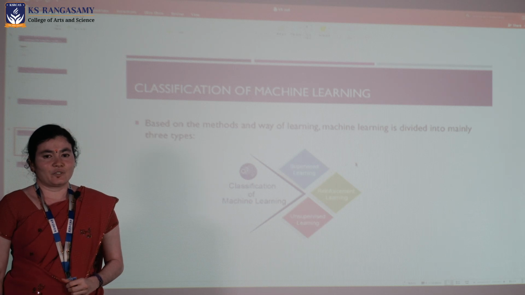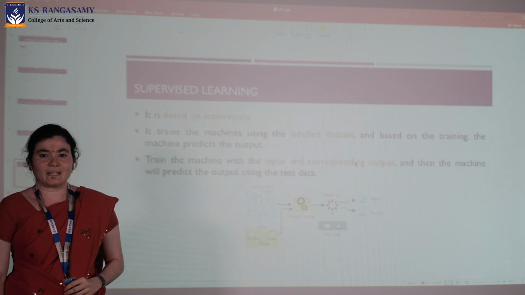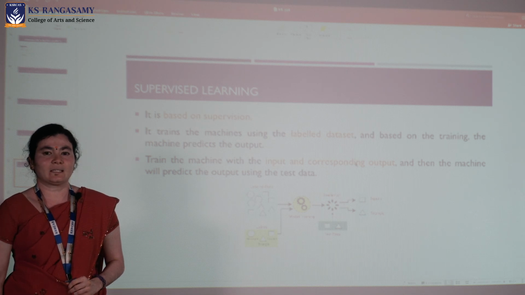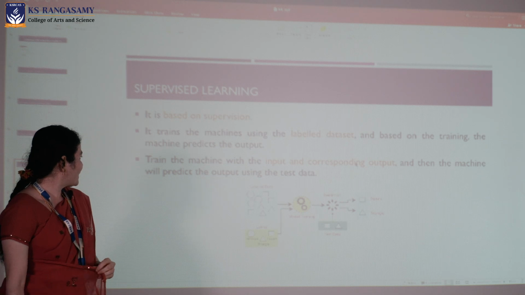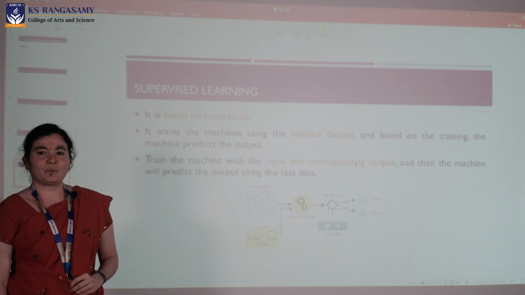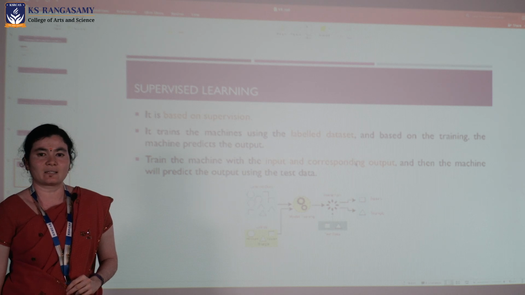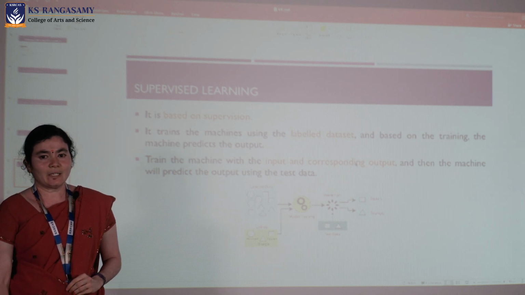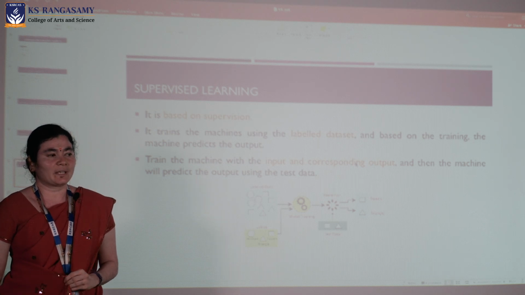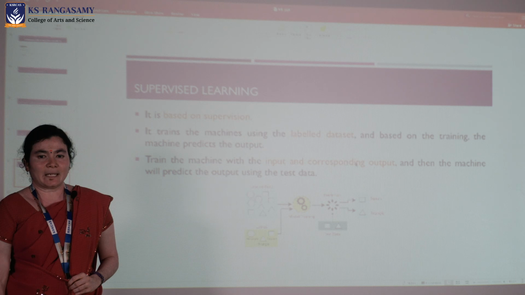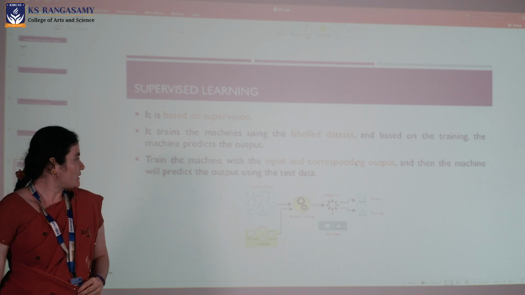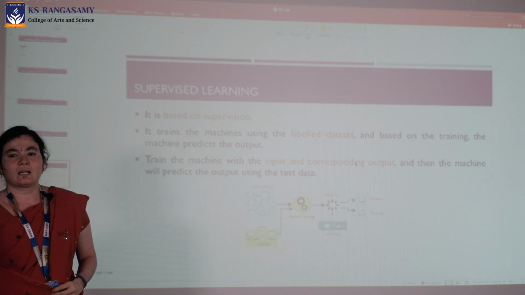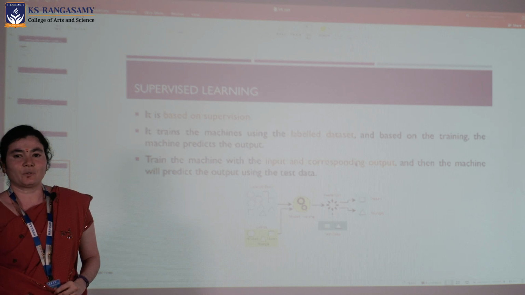Next slide, supervised learning. Supervised learning needs supervision, which means the machine learns using labeled data. We give an input to the machine model and it gives a corresponding output. Here is an example. I give an input of labeled data to the model, and if the predicted output matches, the trained model is accepted. Otherwise, the training is repeated again and again.